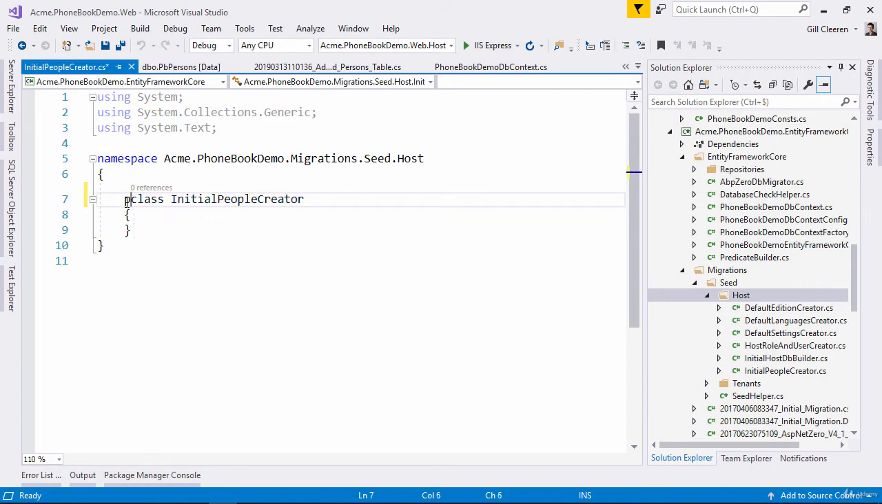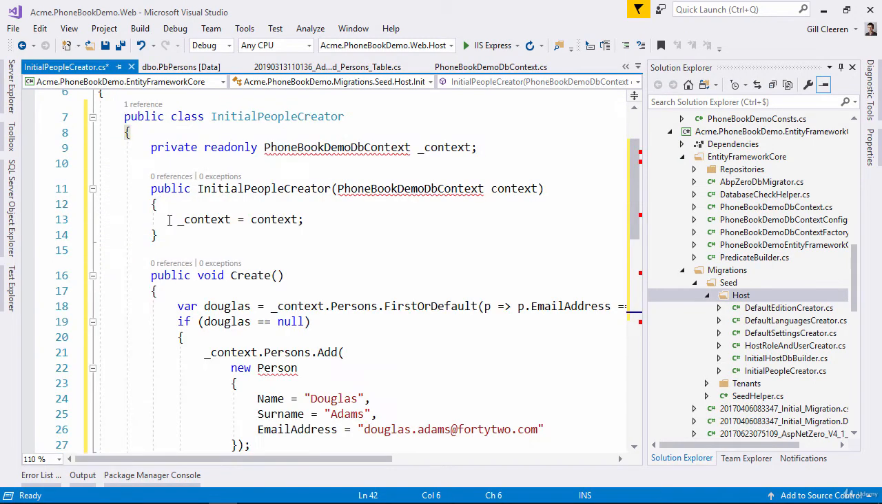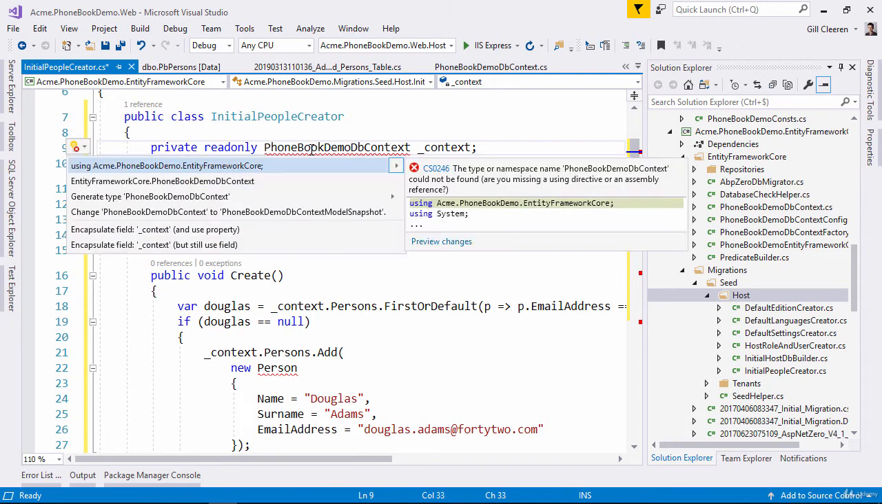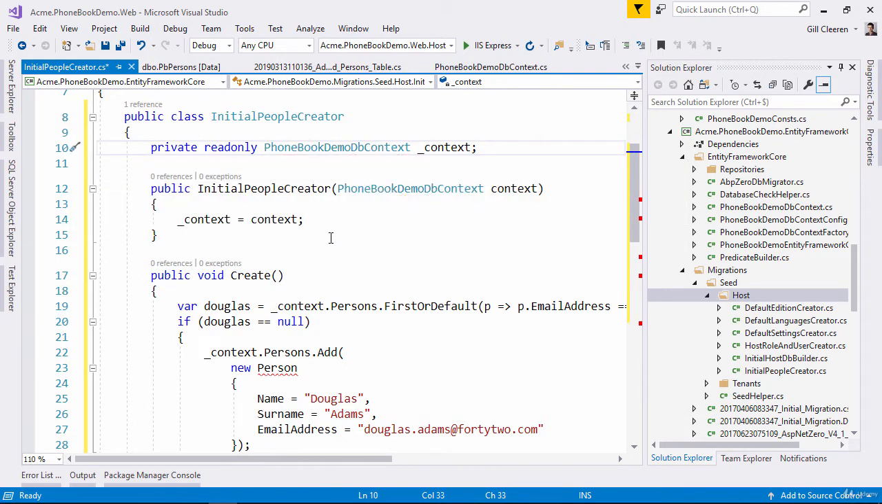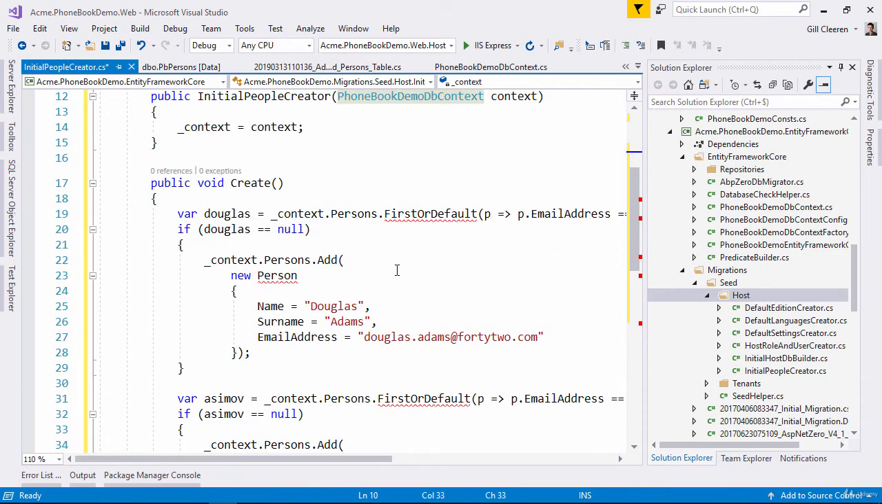Let's make this class public. And let's paste in some code here. So what is this class going to do? Well, it is going to use the Phonebook demo DB context. I need to bring that in, by the way. There we go. It is going to be injected using dependency injection, and then I'm going to create a couple